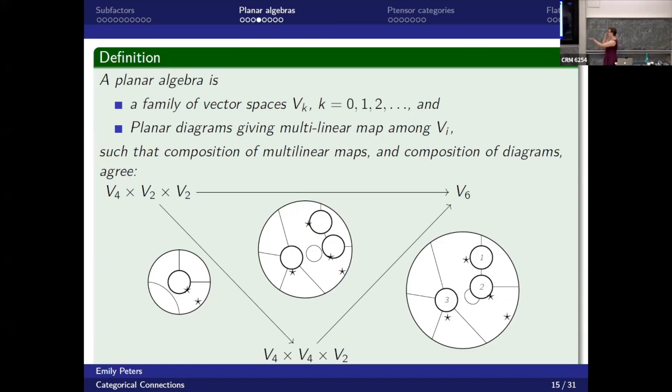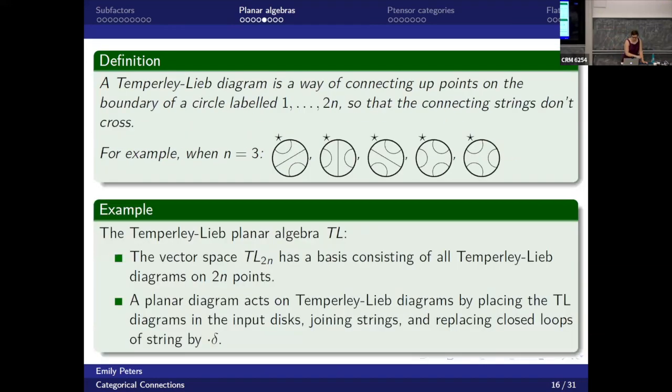So here I've drawn one of the many, many things that you have to satisfy. And so, of course, if you're trying to create some sort of planar algebra from scratch, this is where all of the difficulty comes in, right? This is a lot of conditions masquerading as just a single condition. Okay, but this is not so bad if we take something that's already diagrammatic in nature. So I'm going to tell you now about the Temperley-Lieb algebra.